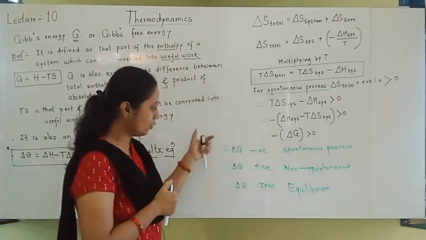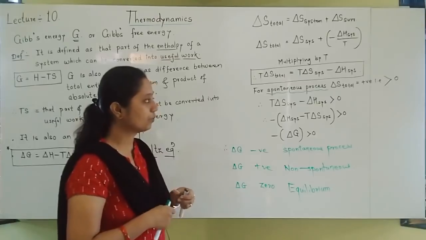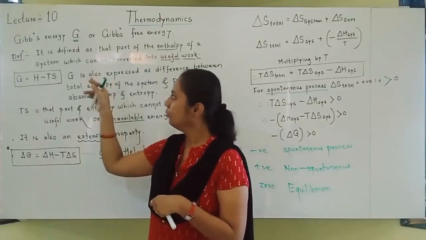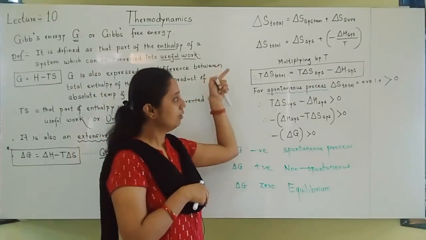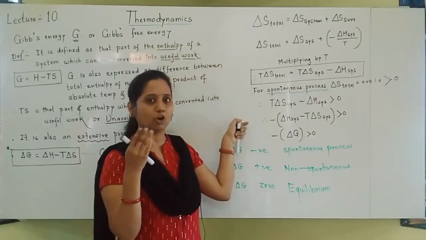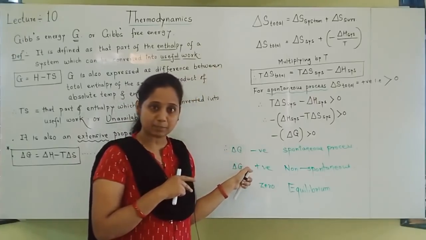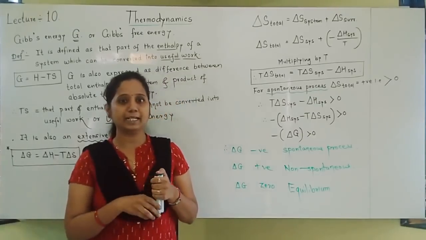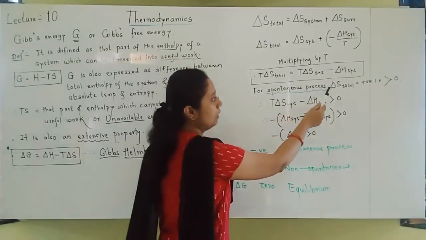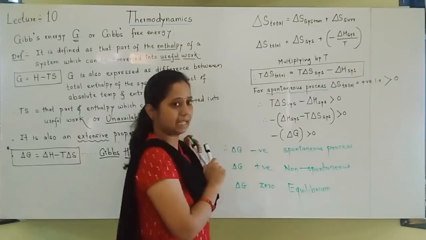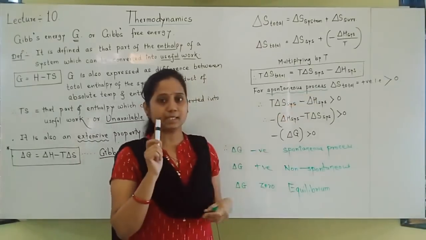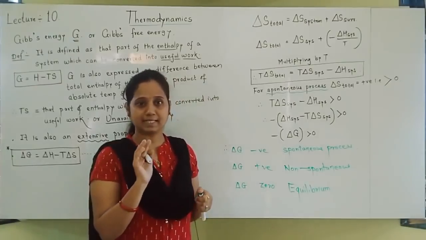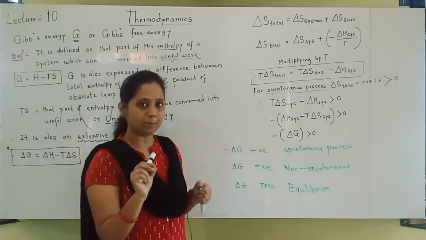Okay. So understand things properly, students. Important questions: What is Gibbs energy? Write the Gibbs Helmholtz equation. Understand the terms TS and all. This derivation I have written, but it is not so important. Finally, what is important is this. Now students, let us conclude: we have seen that spontaneity depends upon delta S. Here I wrote also, delta S positive means spontaneous reaction. But delta S alone cannot predict the spontaneity of the process. Only delta S cannot predict spontaneity of that process.